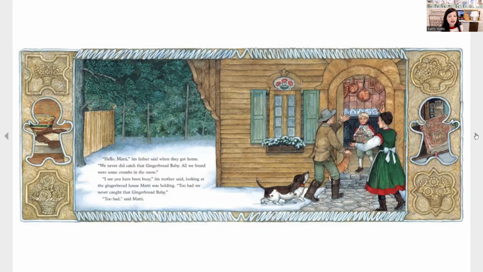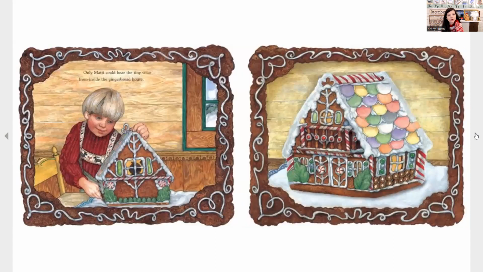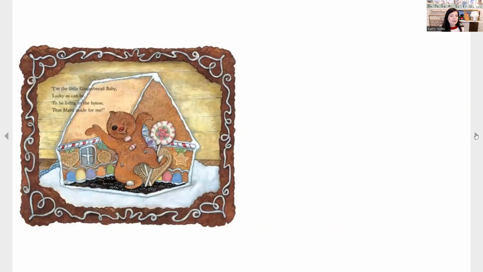"Too bad we never caught that gingerbread baby." "Too bad," said Maddie. Only Maddie could hear the tiny voice from inside the gingerbread house. "I'm the little gingerbread baby, lucky as can be, to be living in a house that Maddie made for me."